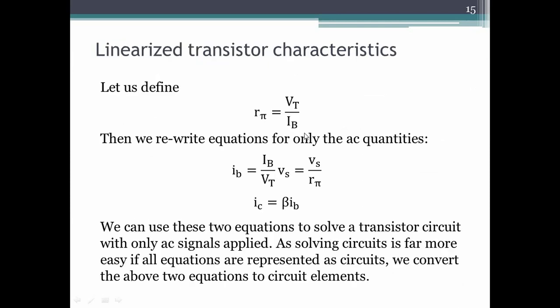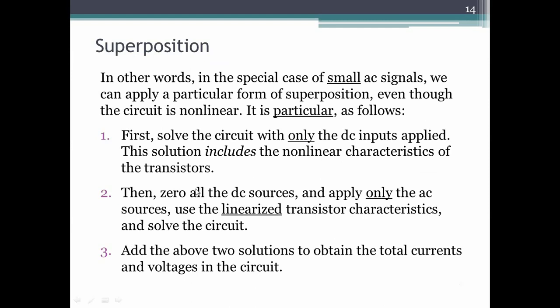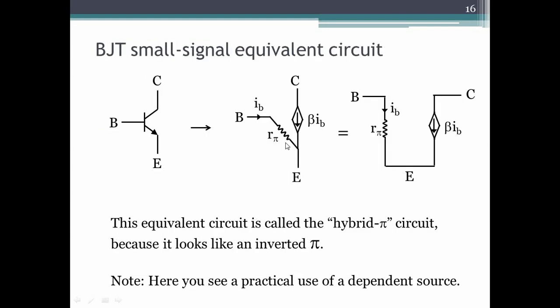So let's go back. When we do this part 2, we'll solve the DC circuit first. To solve the AC circuit, we'll zero all the DC sources and we'll replace the transistor by its linearized equivalent circuit, which is this. And this, by the way, is the same circuit. It is just drawn differently, because if you look at any textbook in the world, they'll draw it like this. The same thing, just instead of a resistor at an incline, it is drawn vertically.